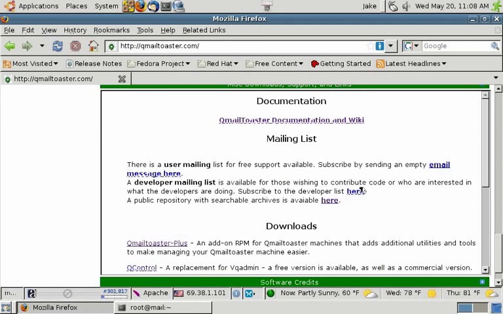There's also a developer mailing list that you can join. There's not a lot of traffic on this one. This one has to do with Qmailtoaster development and the upcoming releases. And we also have a public repository of the user list. So if you have a question that isn't answered in the wiki, come over to the repository